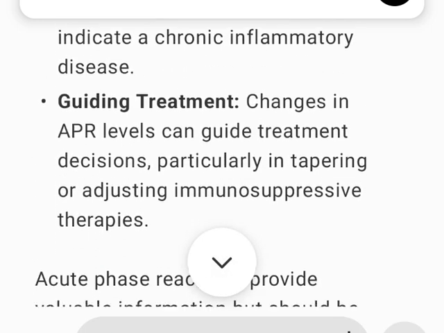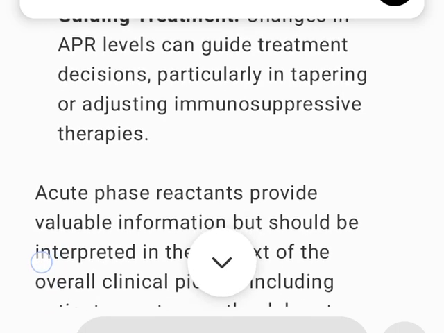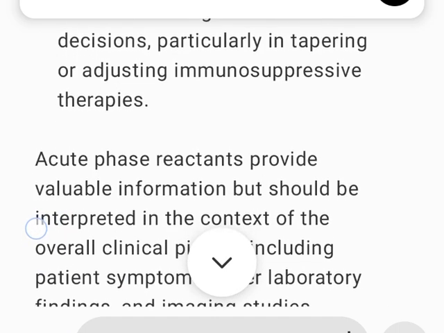Guiding treatment. Changes in APR levels can guide treatment decisions, particularly in tapering or adjusting immunosuppressive